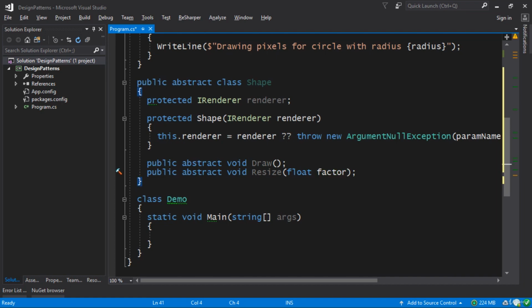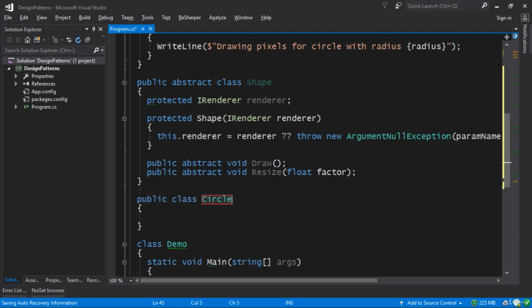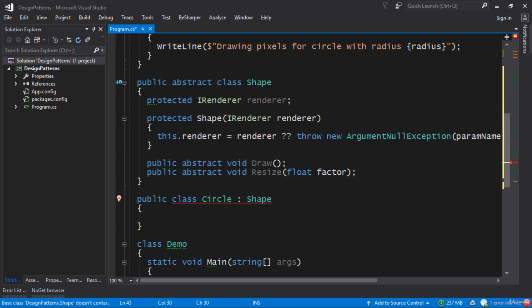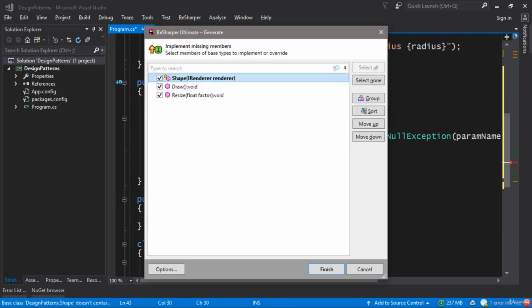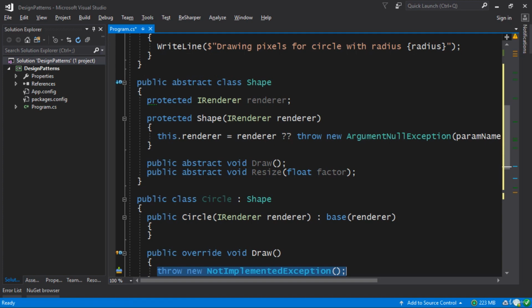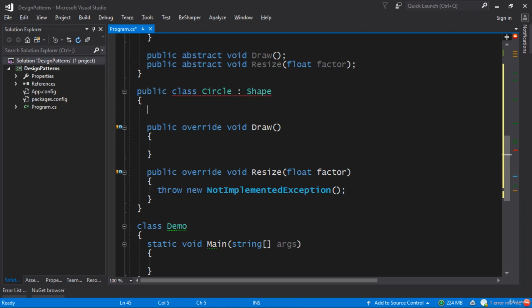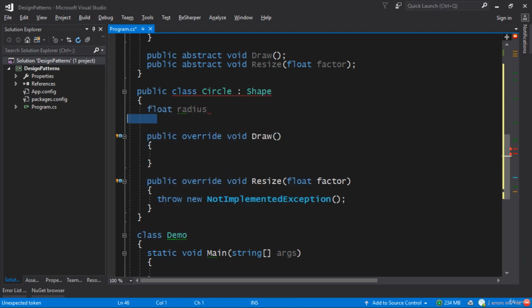shape. And then of course we can implement an actual shape like a Circle, for example, and a Circle is obviously inheriting from Shape here, so that's what we're going to do, and we will implement the missing members here. Okay, so we have the Draw method as well as the Resize method, and here all that we do is we use that bridge. So we have this IRenderer interface, and we can invoke this interface to actually draw the circle. So in addition, just before we do this, I'll add a radius field, so float radius, like so, and